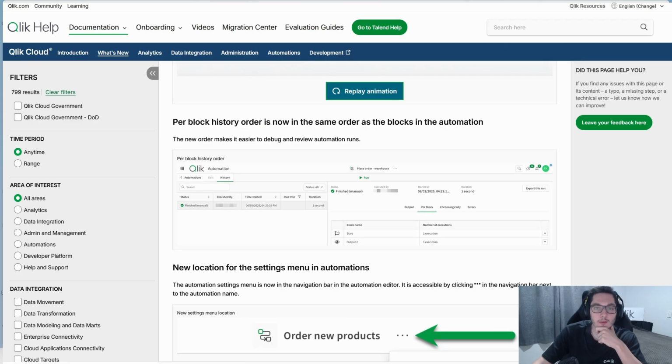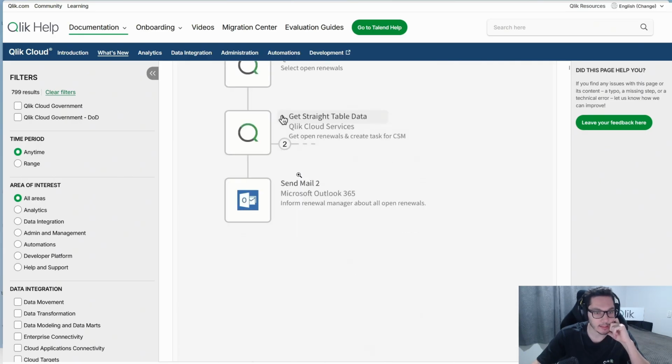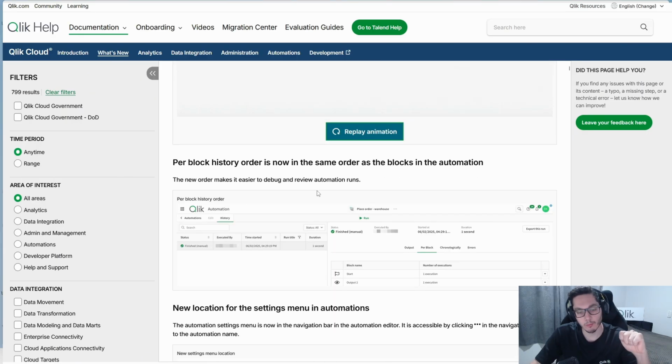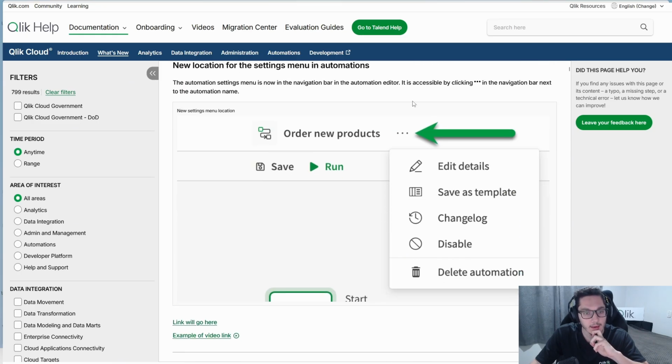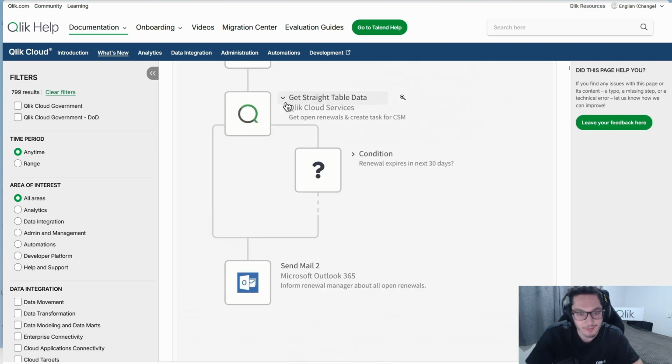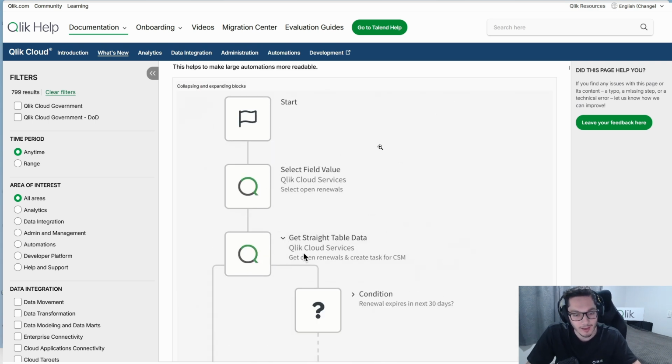Another good UX improvement was that the order of the history here is in the same order as the blocks in our automation. So this will make debugging quite a bit faster, right? And to finish it, we have a new place for the settings button here on the automations. This is a very small change, but it actually helps a lot when you get some complex automations, so I